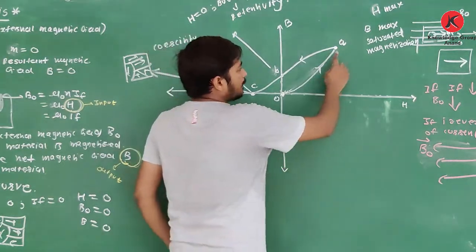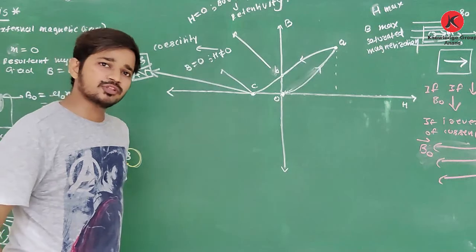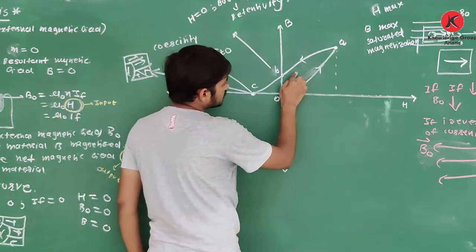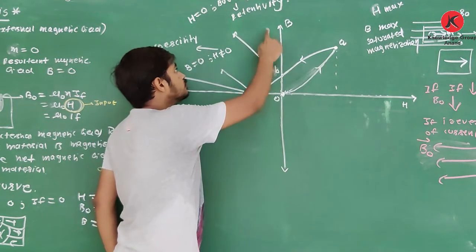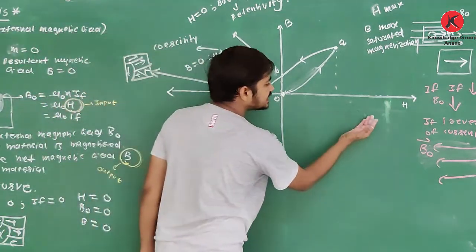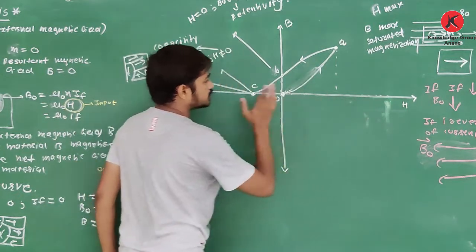As it is the maximum magnetic field, it is called saturated magnetization. Clear about this? Now if H decreases, the magnetic field decreases. At point B, H is equal to 0, but the magnetic field is not 0, and that value of the magnetic field is called retentivity. Now if I reverse the direction of the current flowing in the solenoid, which means reversing the direction of H,